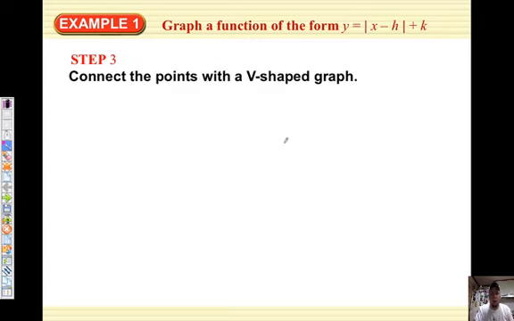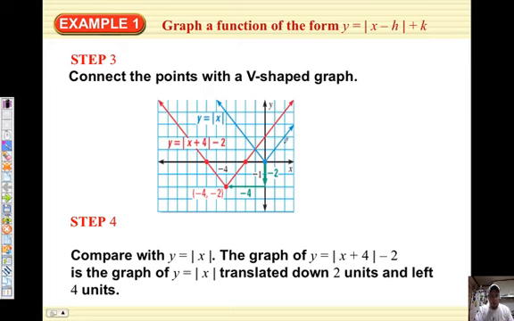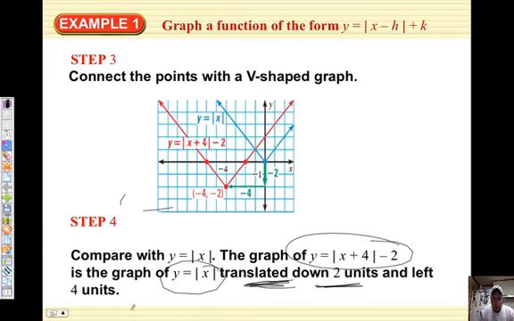Let's see what they write fully here. So here's their final answer, I believe. The graph of this compared with the parent is translated, have to use that word, down 2 and left 4. That's the main idea in this particular graph. Notice the two vertices here and here. Comparison. That's it for example